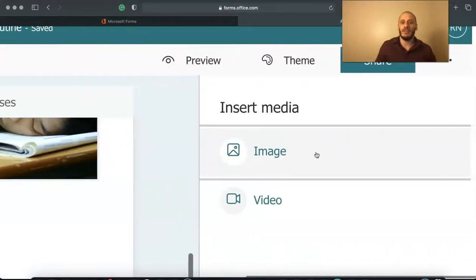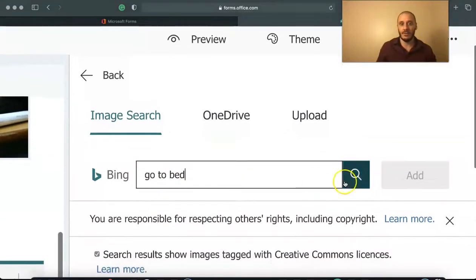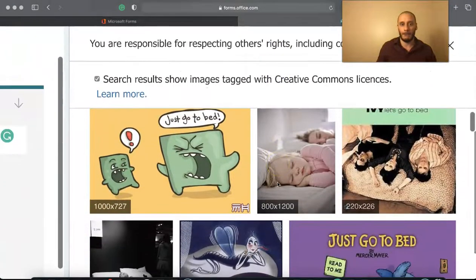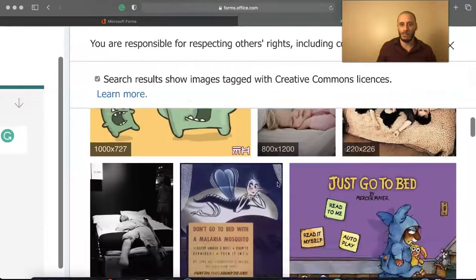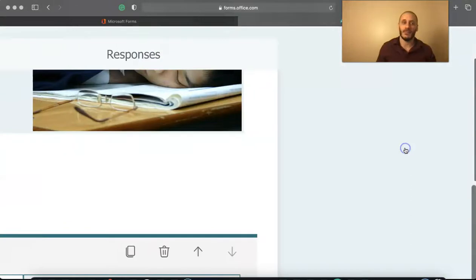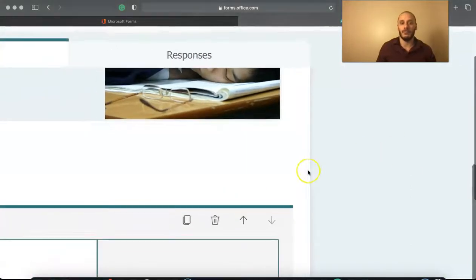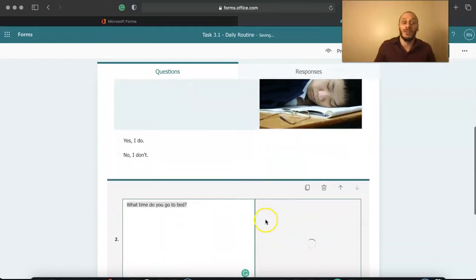Same, let me see if there's a good picture for go to bed. I will use this one because it's more cute. And add. So now I have 1 question, 2 questions.